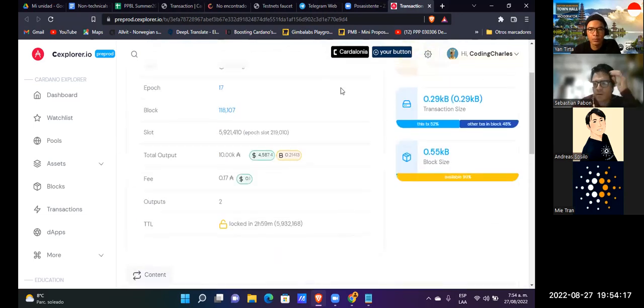The most common way to establish that communication is through a wallet. A wallet is the most basic tool at the disposition of the user, any user.